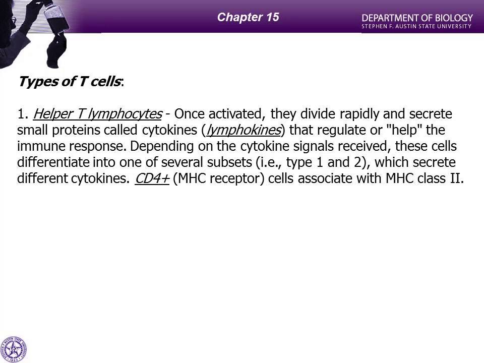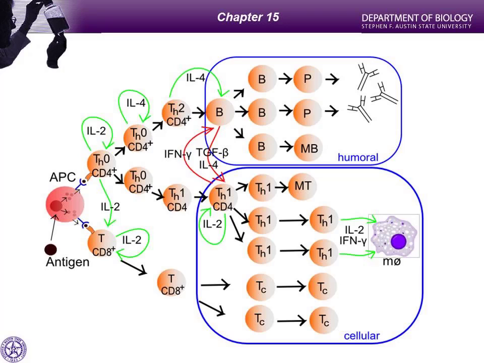Now, even though we have two different subtypes, don't worry about the subtypes of T cells. And you see it in this illustration where you see our Th2 and our Th1. So these different subtypes are secreting these chemicals, IL-2, IL-4. These are our interleukins. We're going to talk about other cytokines and their specific functions. But you can see in this case, a helper T is activated by our antigen-presenting cell, and that helper T